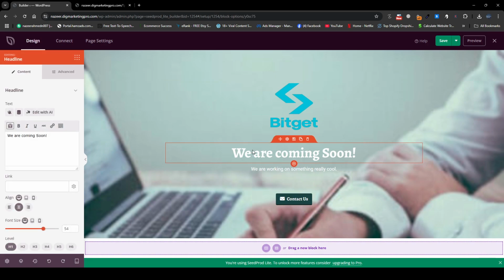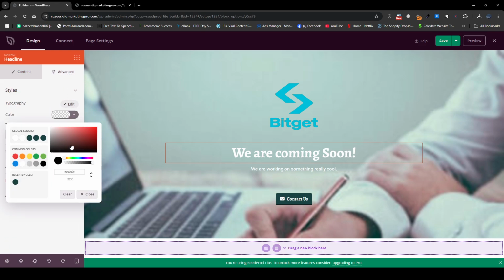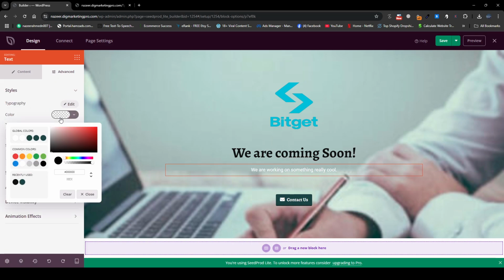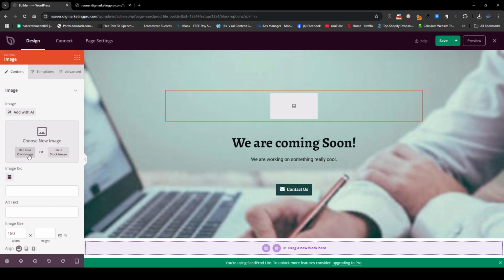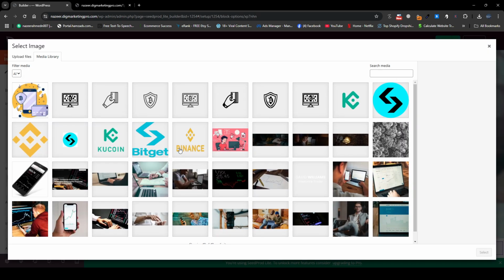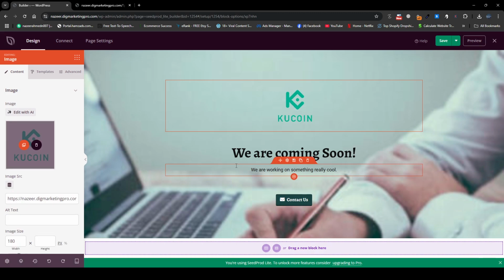If you want to change the color, just go to the advanced section here and change the color. For example, make it black. Go back here and make it black as well. If you want to change the image, let me choose something else. For example, this one here is looking quite good.